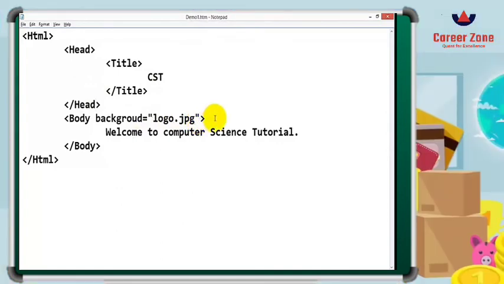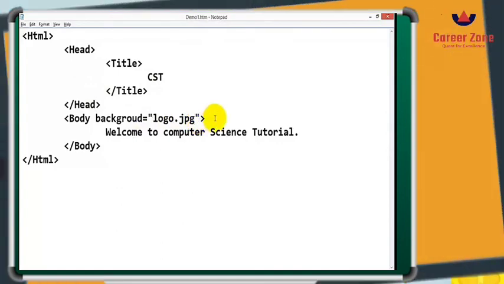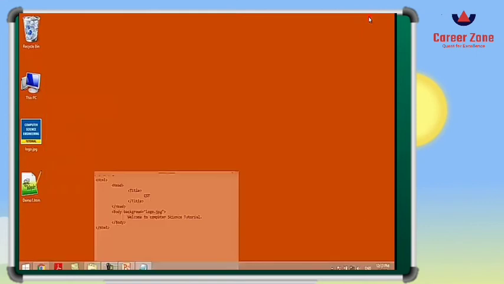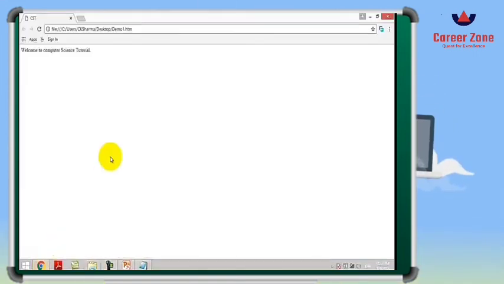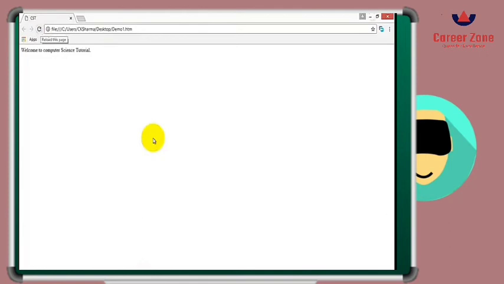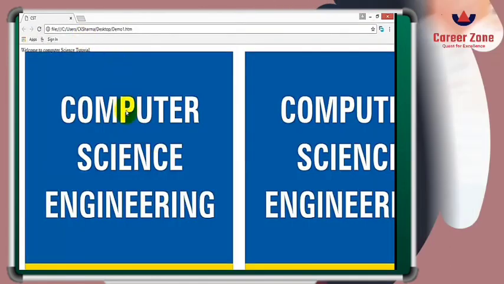So when I write the name of the file, logo.jpg, let's see whether the image comes or not. Now let us refresh the browser. No image has come yet. So it means we have to write the location of the file.